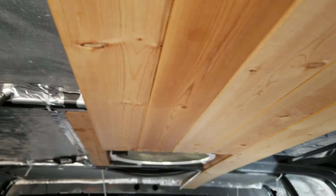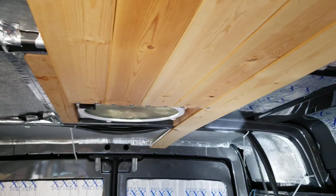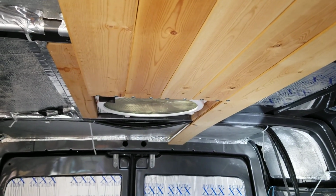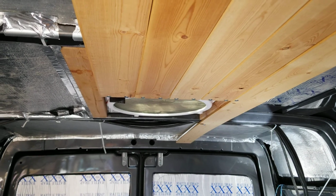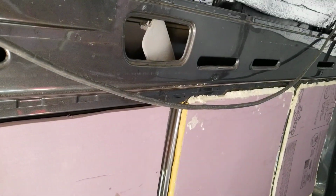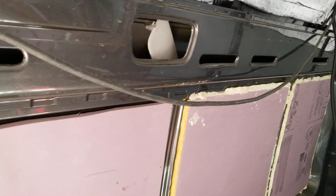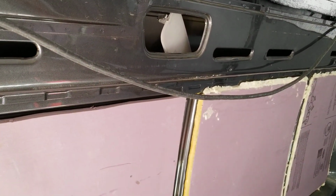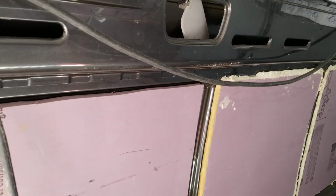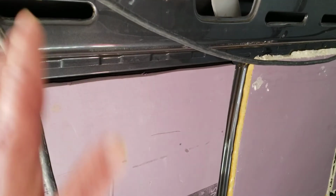From the ceiling, we started this, and we had to kind of stop because the foam board was being an issue. So we've got a Maxxair vent fan back there. So I thought about bringing this on down and following it all the way around, but I think it's just going to be too, I don't know, log cabin-ish. You can leave some comments in the bottom there to let me know your opinion on that. But I'm kind of thinking more of a white wall